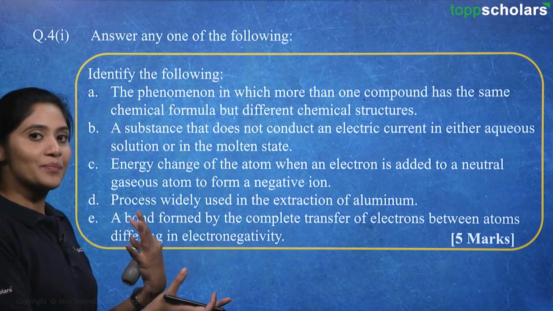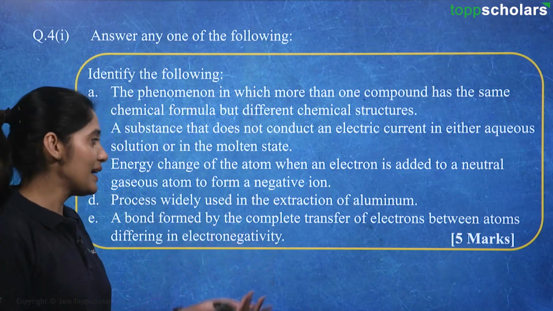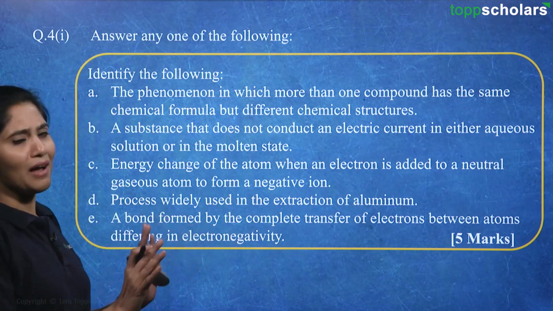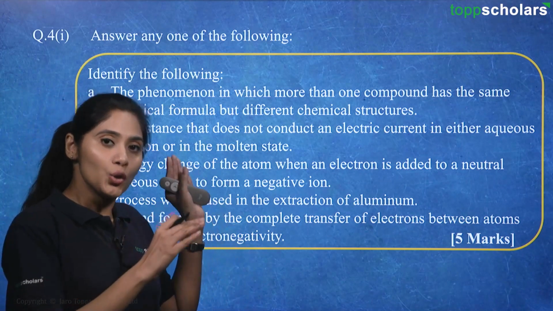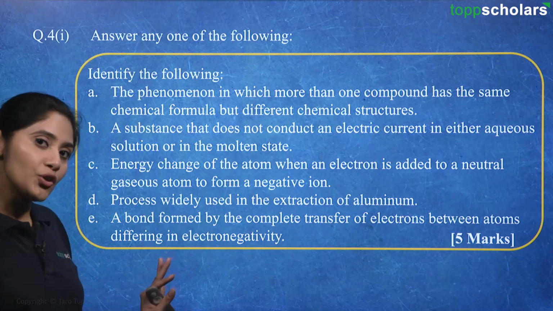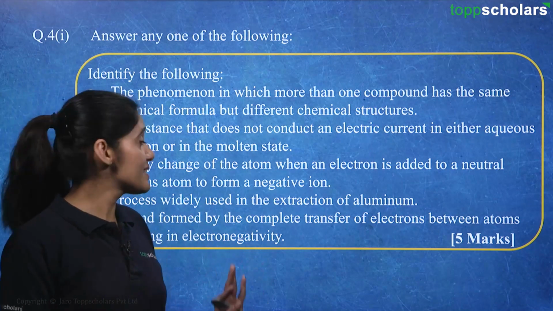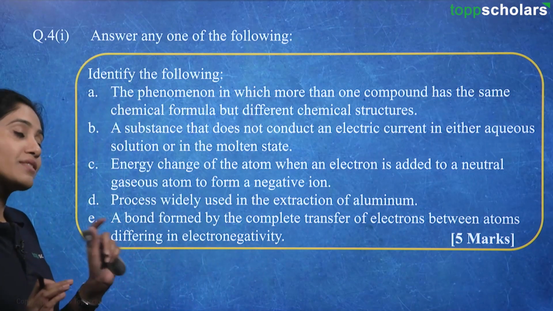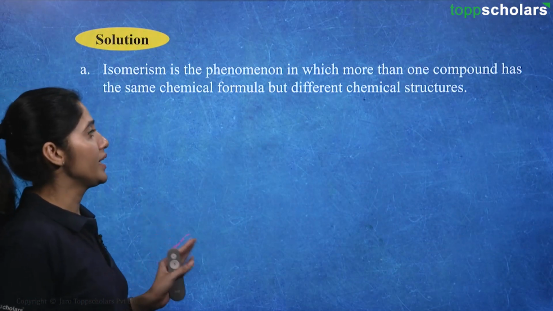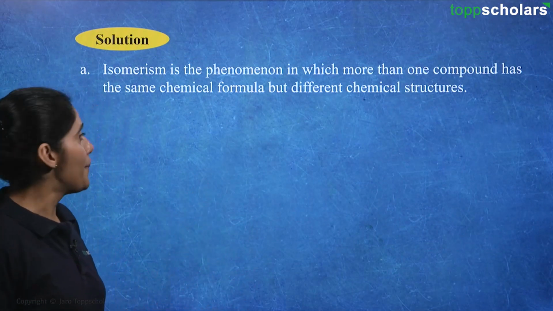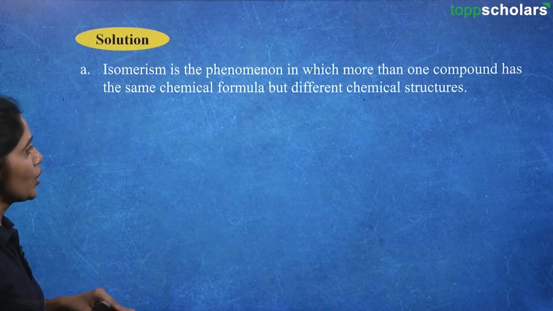So there is an ionic bond, right? We have already, just by reading it, answered 2 of these. Let's see the solution and see if you have guessed the rest of the 3 as well. So first, isomerism is the phenomenon in which more than one compound has the same chemical formula but different